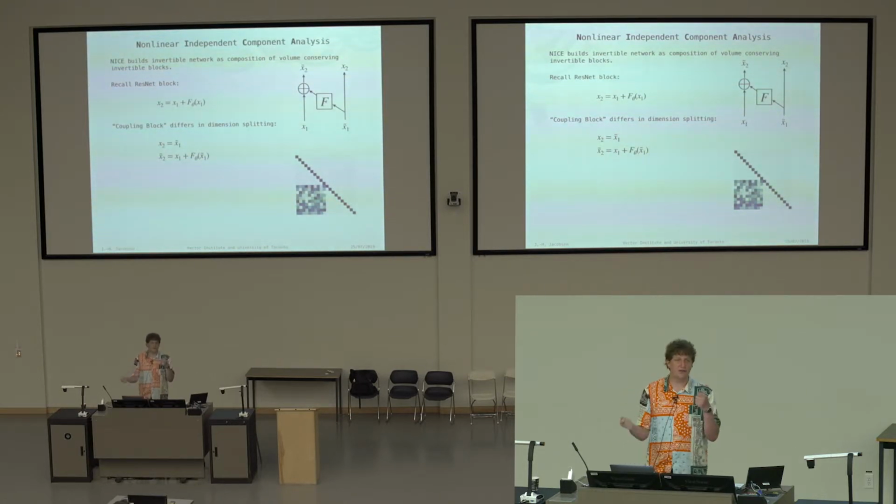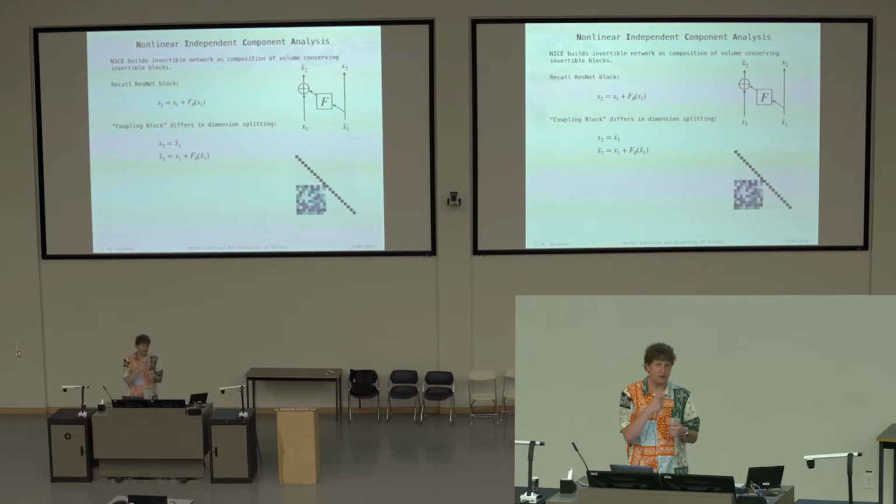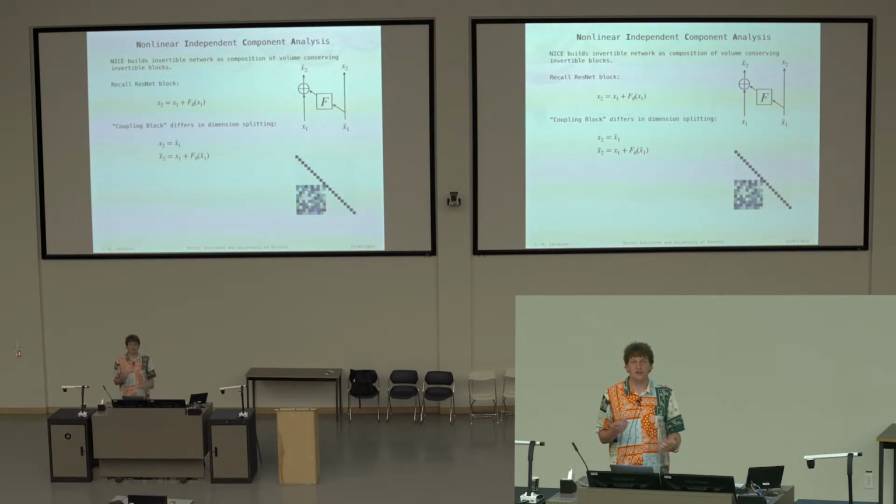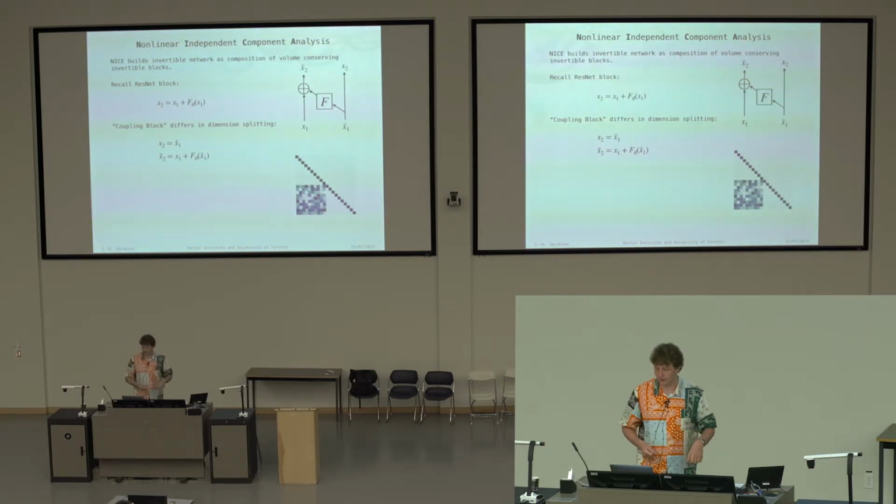So we process these two halves independently, but condition the transformation on them. x2 is then x1 tilde, and x2 tilde is x1 plus f of x1 tilde. You can see the schematic of this on the top right. That's basically how it looks. It's really just like a ResNet block, but you first split your input into two halves, and after every block, you switch the ordering of the two.